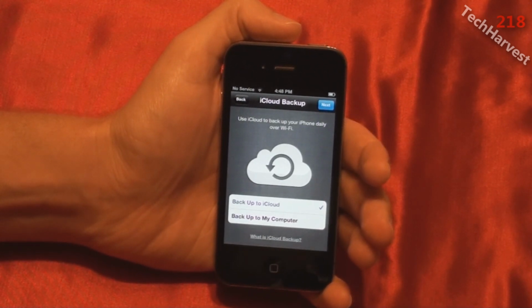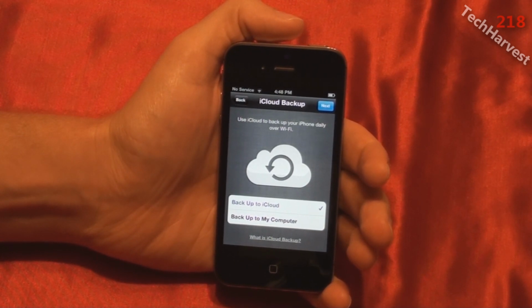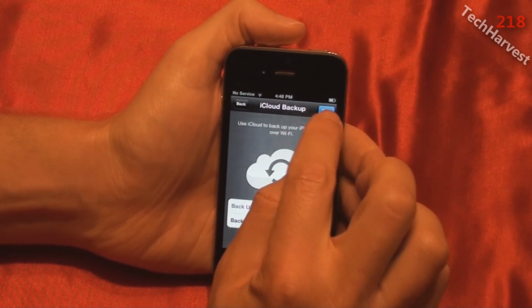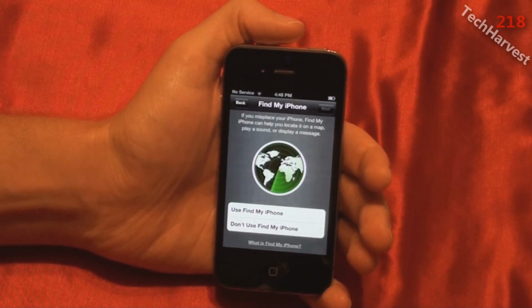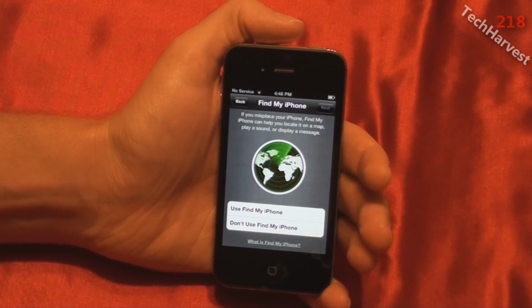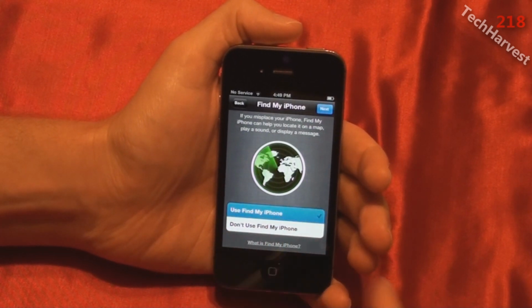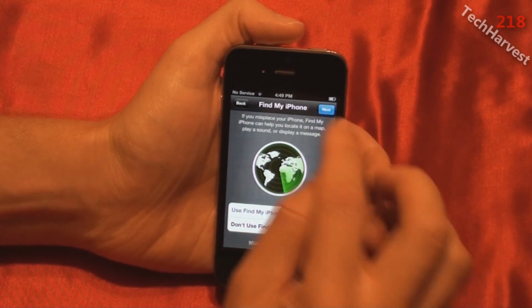iCloud Backup. Use iCloud to back up your phone daily over Wi-Fi. Back up to iCloud or back up to my computer. I'll back up to iCloud, why not? Hit Next on this. Find my iPhone. If you misplace your iPhone, Find My iPhone can help you locate it on a map, play a sound, or display a message. Use Find My iPhone, don't use Find My iPhone. Why not? Like I said, I want to try all this out,